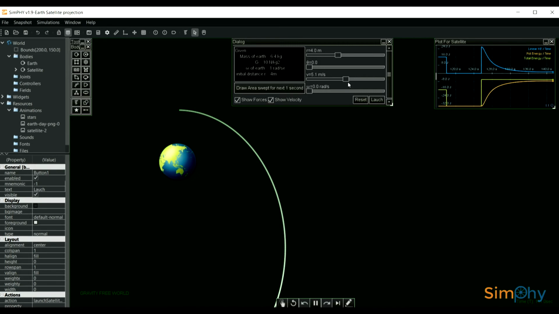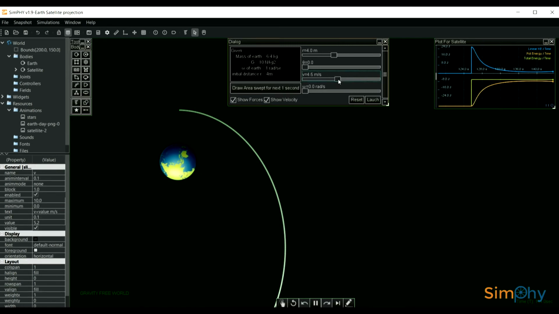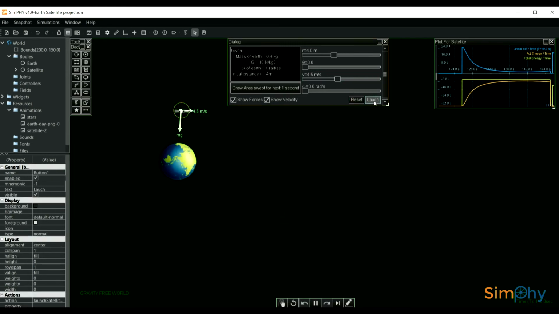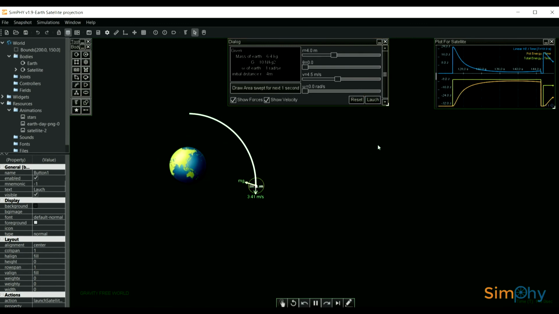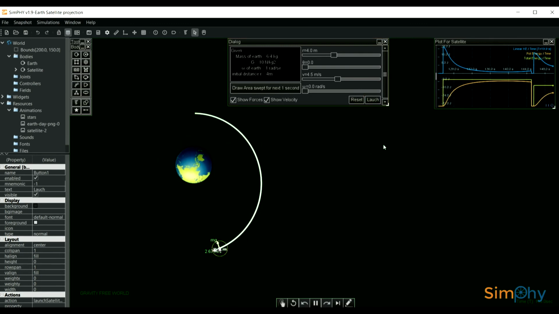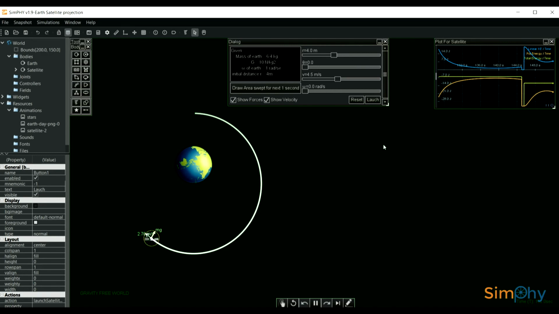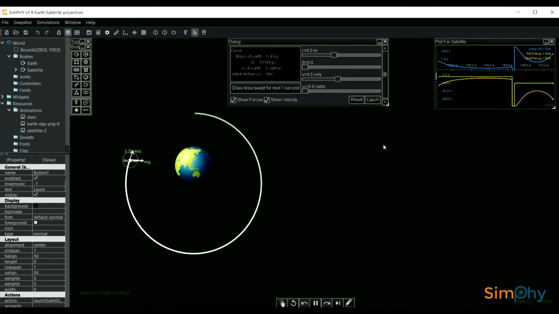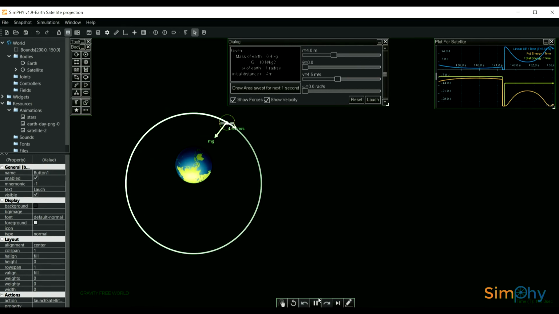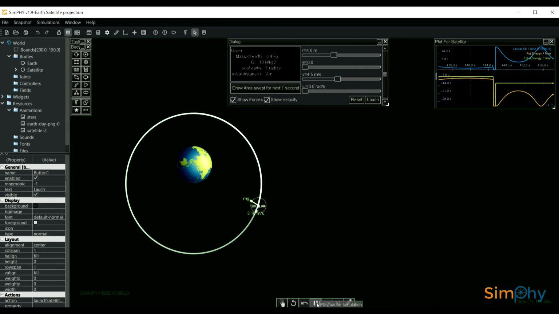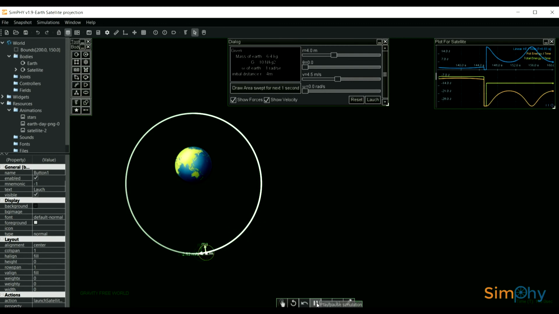Let's make it a bit less. Let's suppose we give it some other velocity like 4.5. Here you can check it now. So here you can see the velocity. The path in this case is an elliptical path. And if I pause the simulation right now, let's say when it is at the farthest point, let's say here,